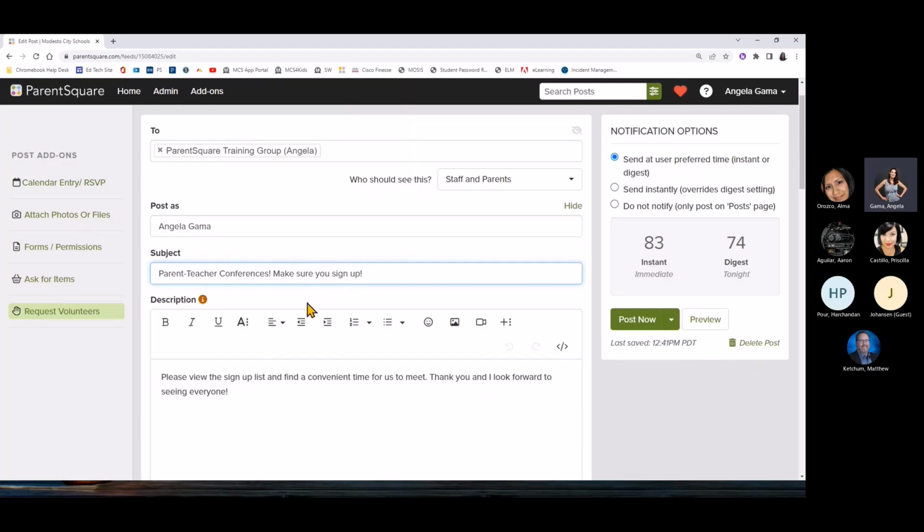Whenever there is an action item for my parents to do, I always suggest to include it in the subject line so they know you're expecting something from them. Maybe you want to do action needed or please sign up, open the post to sign up, whatever it is that you feel will make your parents go in and sign up, go ahead and type it in the